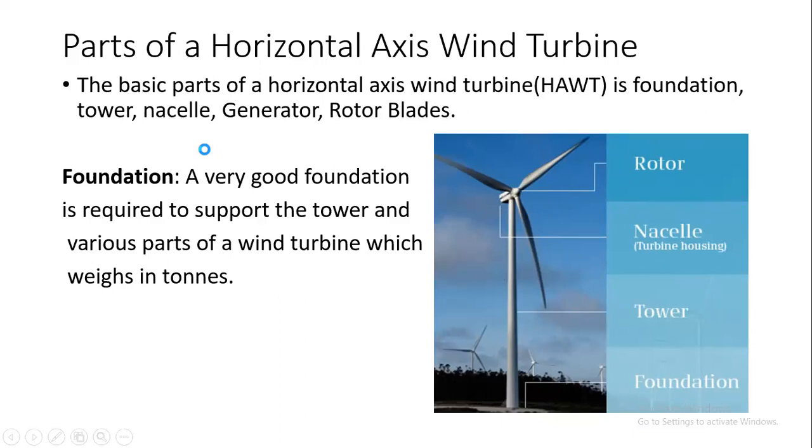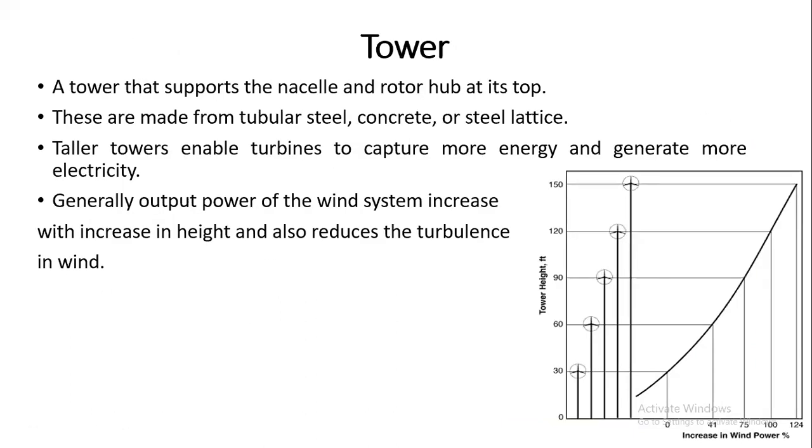Now, these are the parts of the horizontal axis turbine. Number one is the tower. We already discussed in the session that if we increase the height of the wind turbine, we reach the maximum level of energy generation, and at the level of 30 feet of height, we got no energy. No energy means the energy is there, but it is sufficiently less than its limits. That we call zero increase of energy.